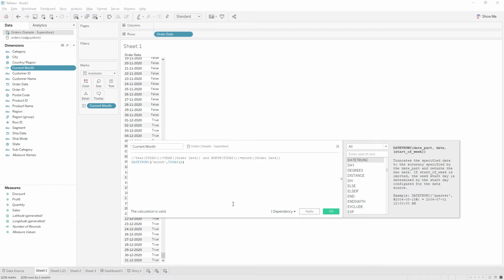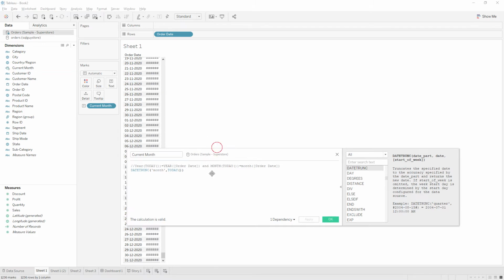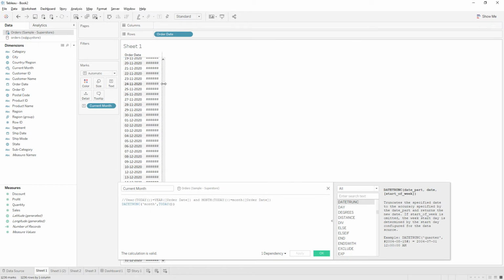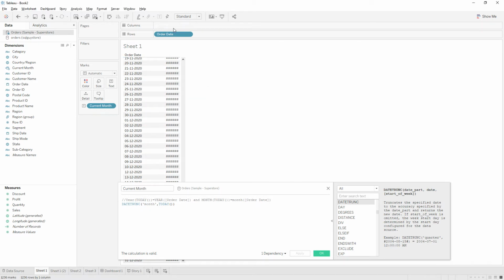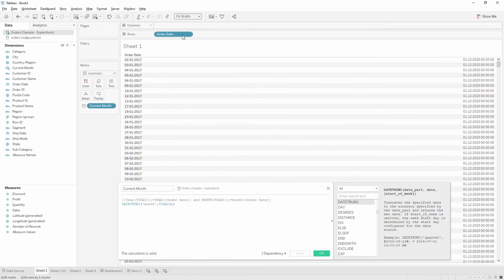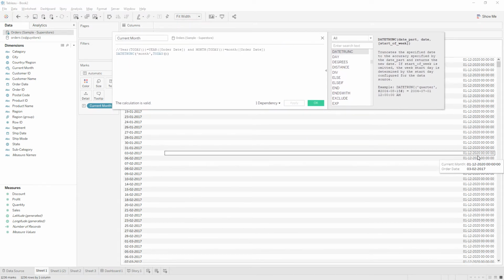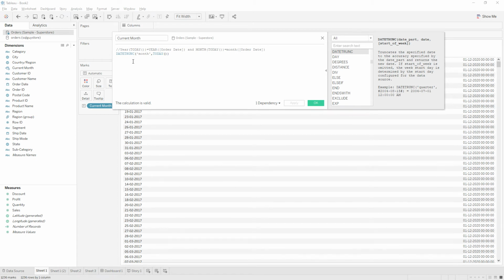So if I apply this one, you can see the start date of this month, because we are truncating on date part month. If you do this same calculation to the order date, let's see what is the output, and click apply.